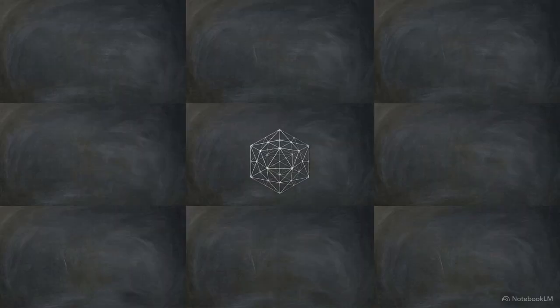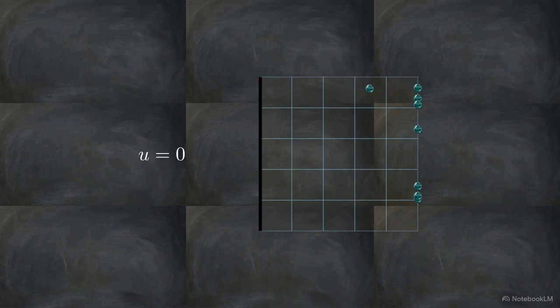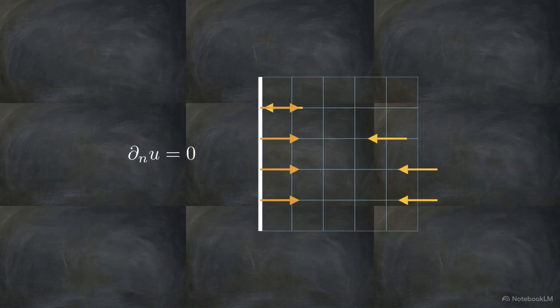To anchor the math to a specific physical reality, we apply rigid constraints known as boundary and initial conditions. This 2D heat grid demonstrates a Dirichlet boundary condition. We lock an edge to a fixed, unchangeable value, like setting a wall to a specific temperature. If we set that Dirichlet condition exactly to 0, we create an absorbing boundary. Any material that touches this edge is instantly deleted from the system. Alternatively, a Neumann boundary condition locks the gradient. This dictates how material reflects off a wall, or prevents thermal energy from escaping the system.